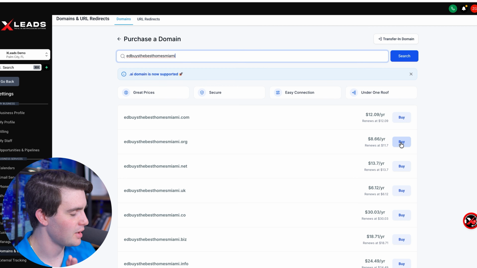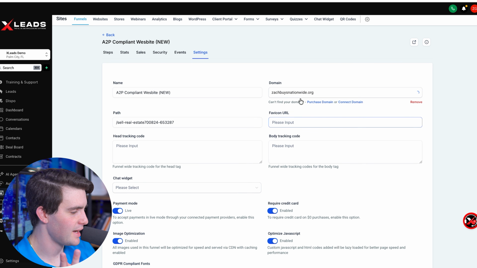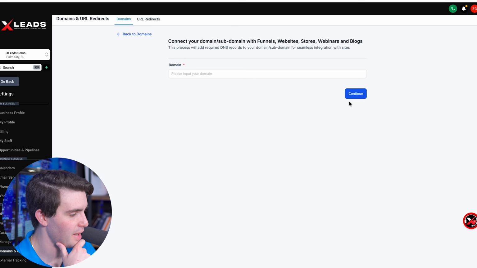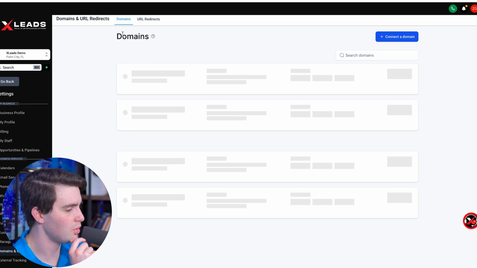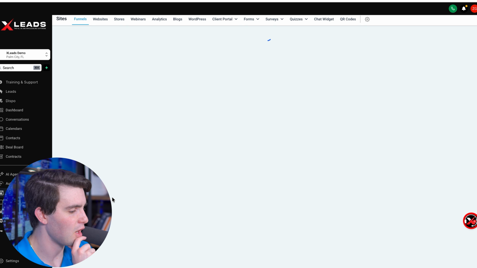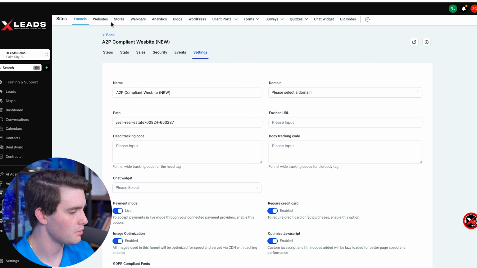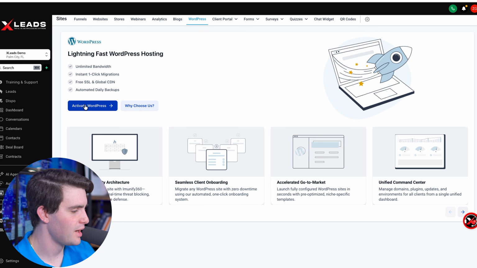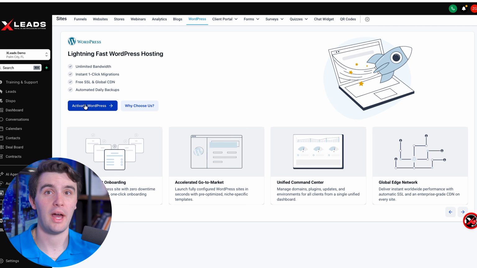But yeah, you can press the button right here, buy the domain, go back to sites, click the domain, get it connected. And if you also own a domain through GoDaddy, you can just press connect domain, and you can connect your own domain with GoDaddy and other services right here, which is really cool. And then from there, you just got to go out here and host it on WordPress, which is really simple. Just click sites again, press WordPress right here, and then press activate WordPress, and boom, you now have a live website.